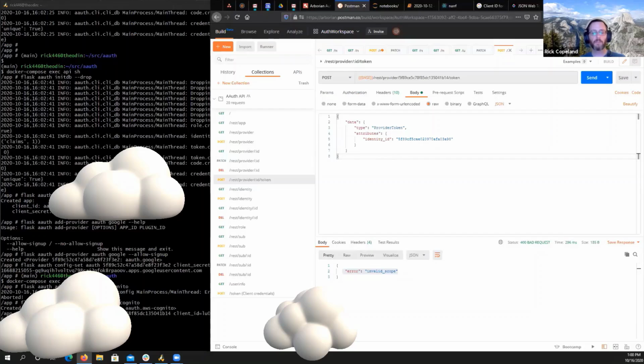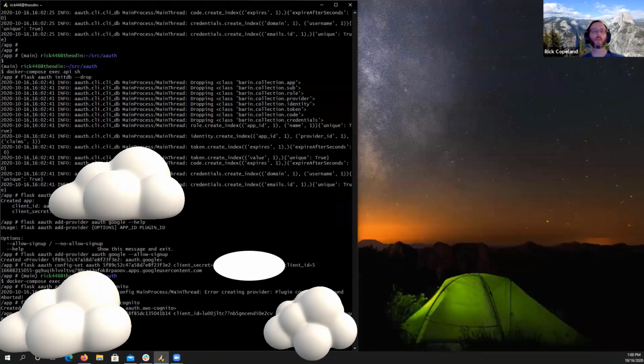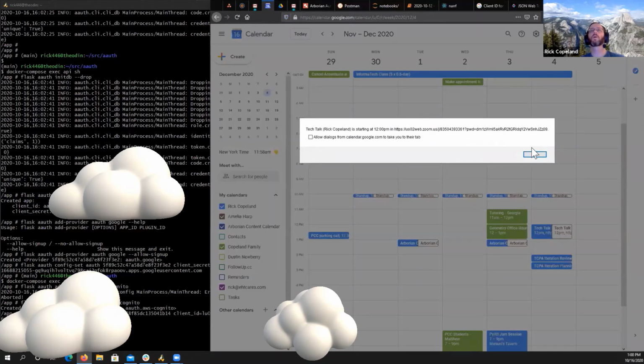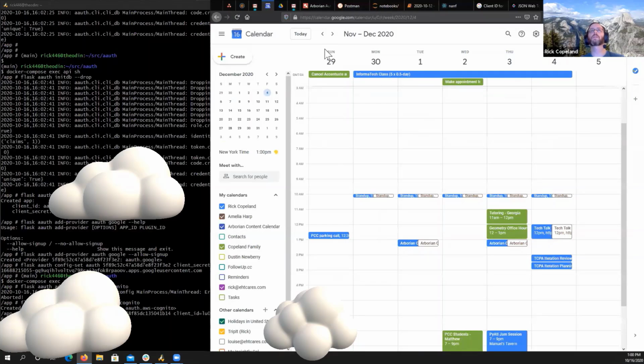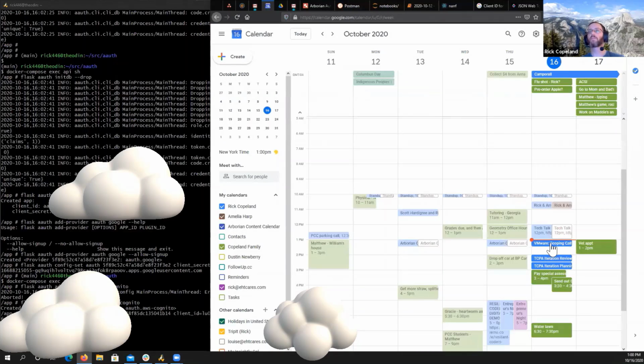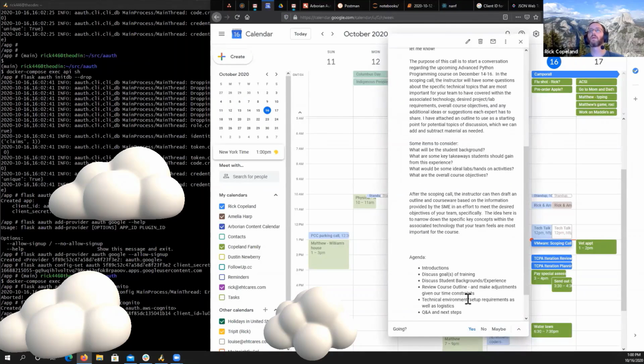I am going to unfortunately have to go right now. I forgot I had another call at 1, a scoping call with Develop Intelligence for another class. So anyway, that's where NARF is going. Hopefully it will be,